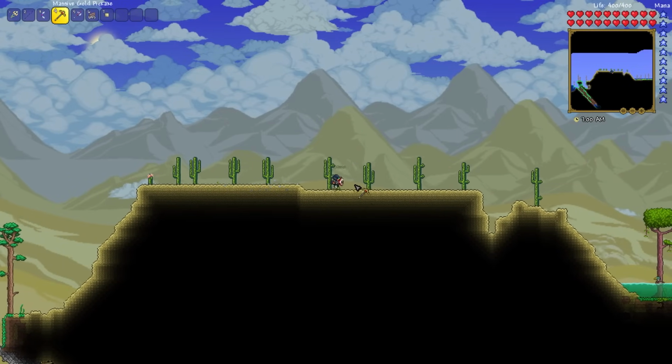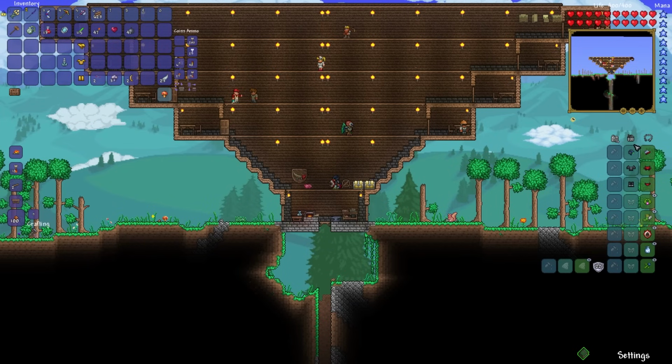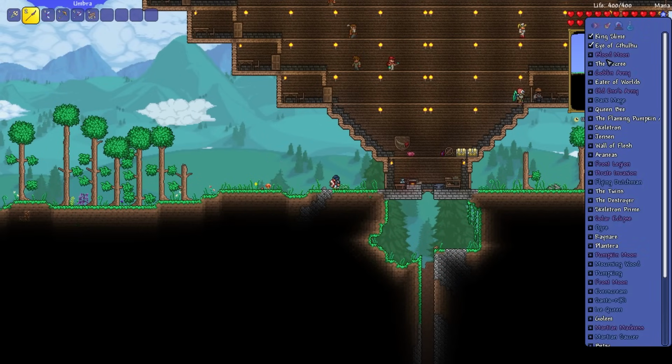I then went to the desert to gather up some tumble sticks from all the tumbleweeds out there and killed some birds for their feathers so that I could make myself some full Terraria armor. Once I was all geared up, I took a quick peek at the boss checklist to see what was next,